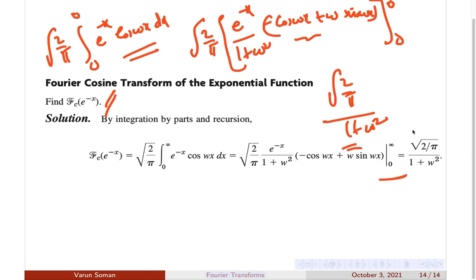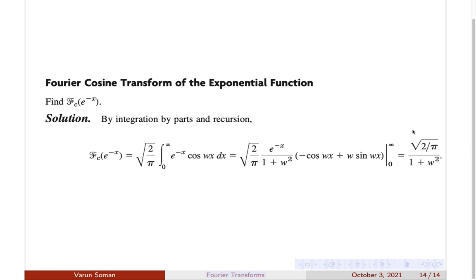Very straightforward problem. So these are the problems coming from this section: finding the Fourier sine transform and cosine transform. To study the formula of the Fourier transform, they can ask you to find the Fourier transform, they can ask you to find the Fourier cosine transform, and they can also ask you to find the Fourier sine transform. Please try to do some more problems also. So this is the fifth module. That's all. Thank you.